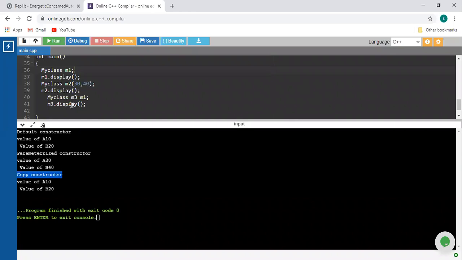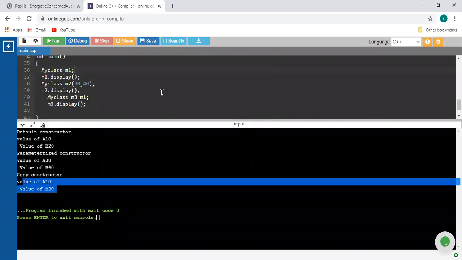When this particular object m3 is created, it will display this line, copy constructor, and whatever data is available inside the m1 object is directly assigned to the m3 object. Inside m1, a and b are 10 and 20, so both values are directly initialized to a and b, and this one is with respect to the display method.